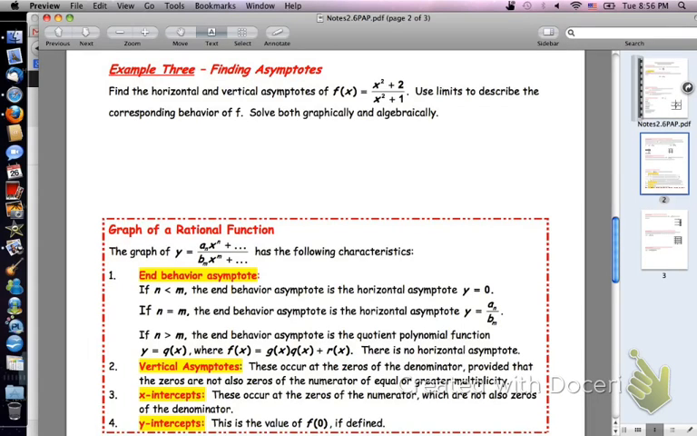Okay, for example 3, we're trying to find the horizontal and vertical asymptotes of our function x squared plus 2 over x squared plus 1. As you might be seeing, we're developing a new way to find these horizontal and vertical asymptotes by using limits. So for horizontal asymptotes, we're going to take the limit,